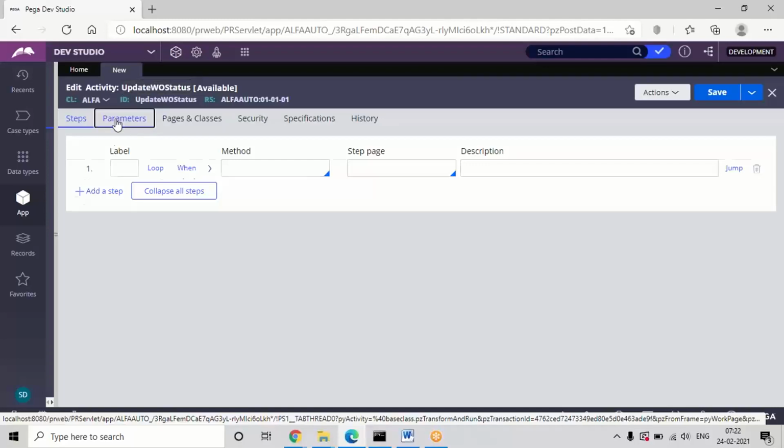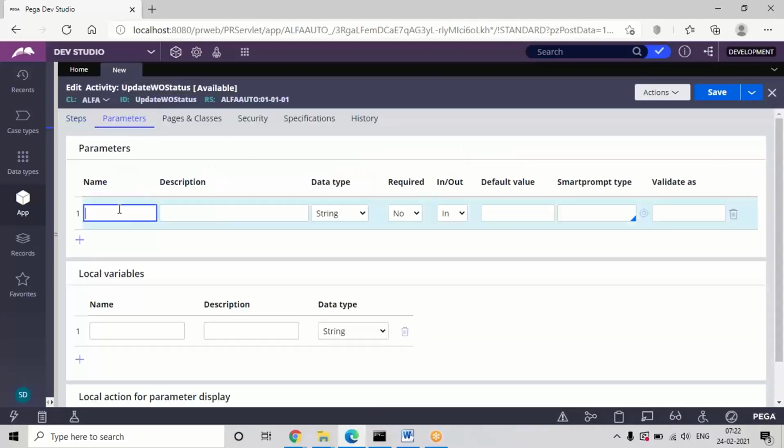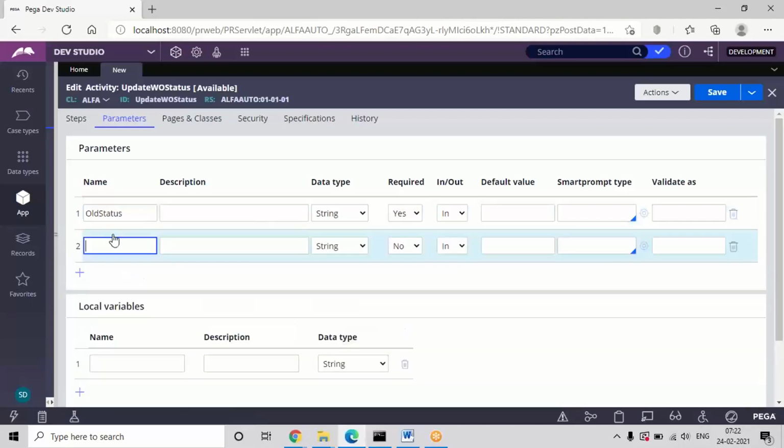First go to the parameters tab, and I'm giving two parameters, old status and new status. Give the required as S, so that when executing this activity, the input must be given. For new status also I'm giving the required as S.